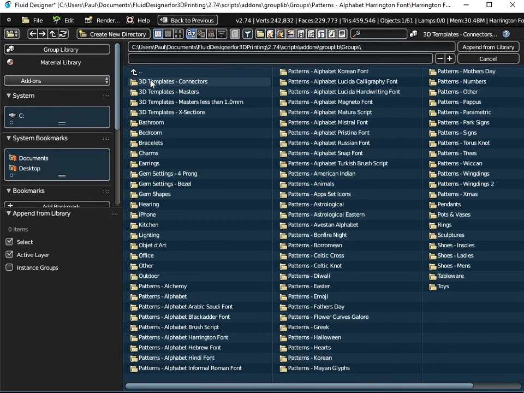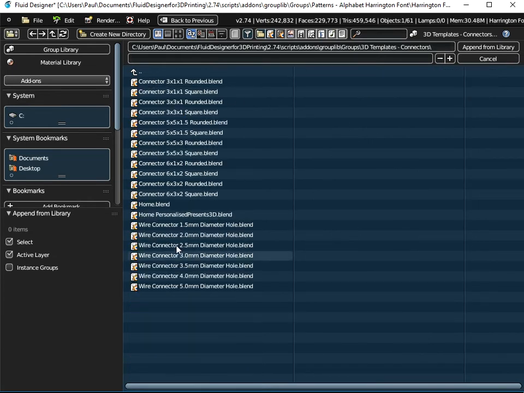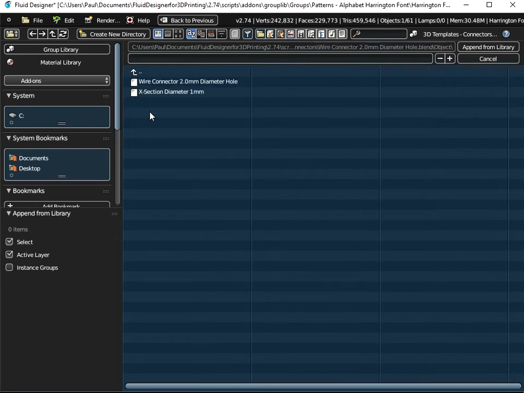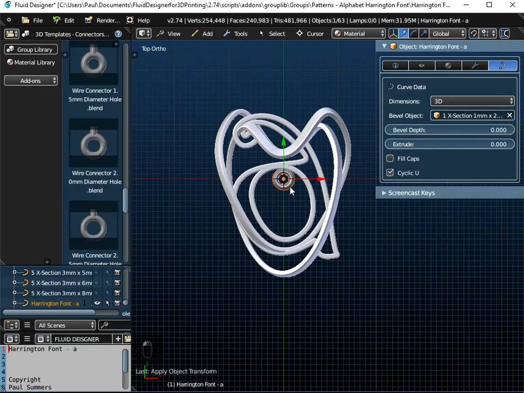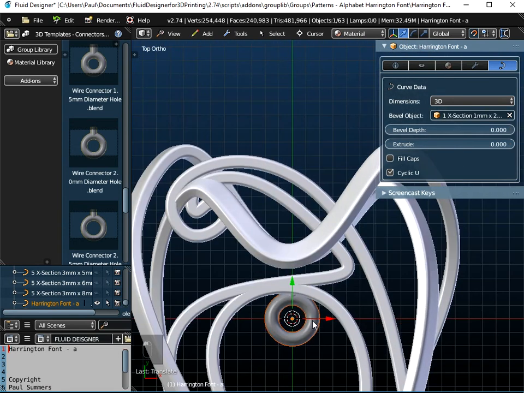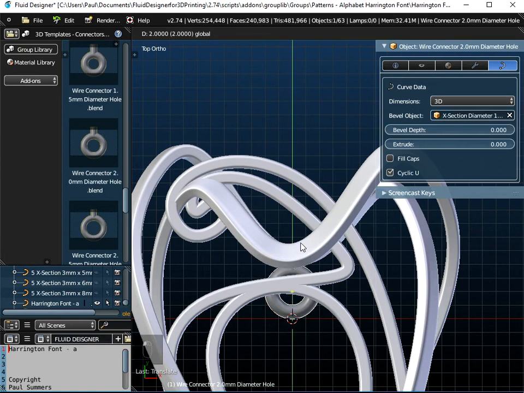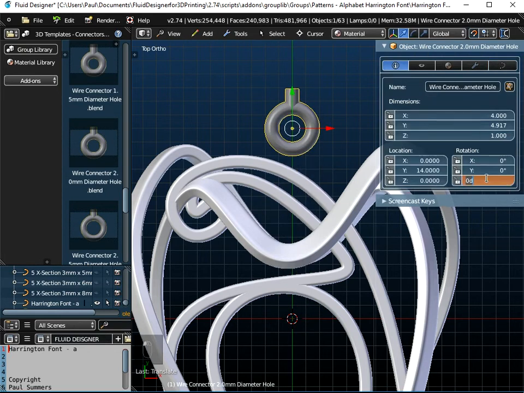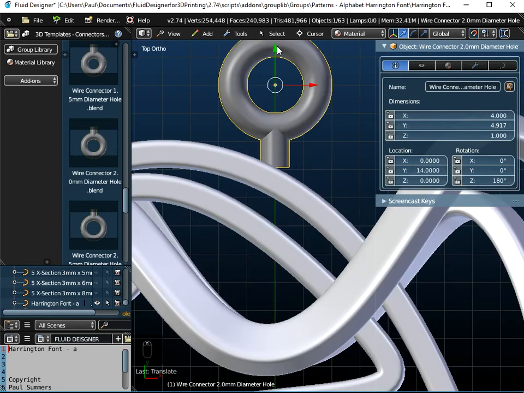I'm going to use 3D templates connectors. I'm going to use a wire connector with a 2mm diameter hole, and I always append the object. So append that object, the wire connector, from the library. Oops, you do need to make sure you select it and get the yellow border around it before you can actually do anything with it. I just need to rotate this about the Z-axis 180 degrees,